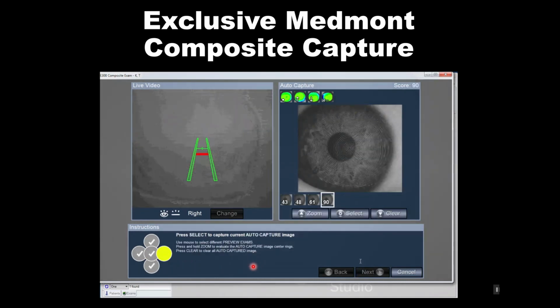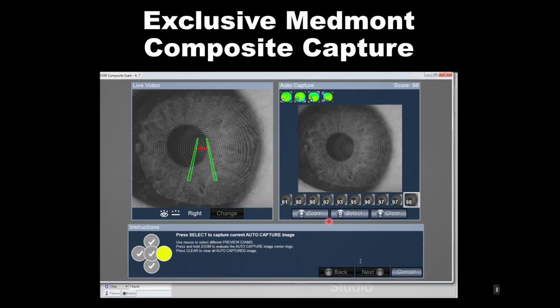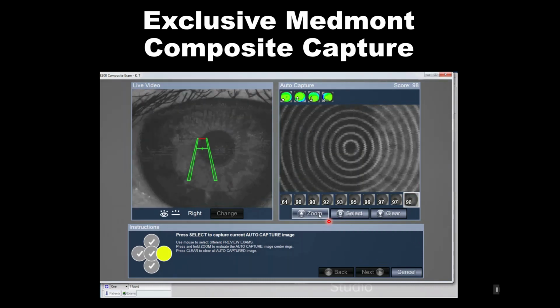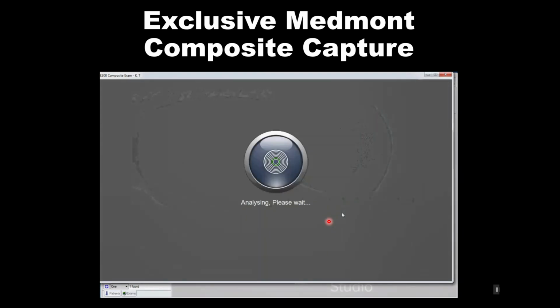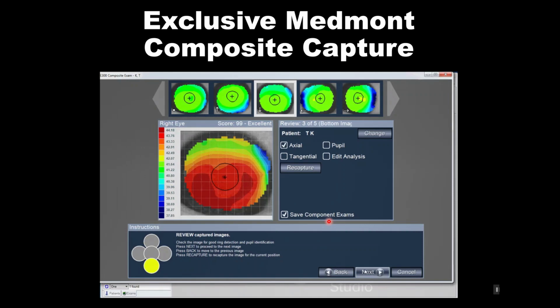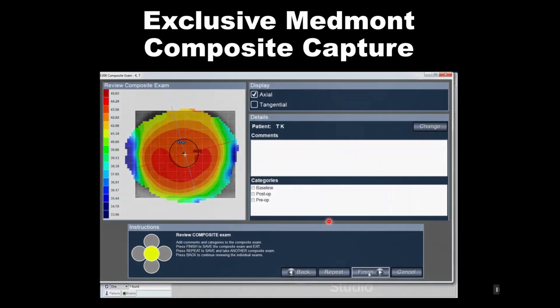Finally we'll have the patient look right 4 rings, get our 95% or better, select zoom, ensure the rings look like they're parallel and even, and now we have all the images we need to convert that into a composite topography. So the instrument will look for the pupil in each one of these captures to build that composite map. Once it has all of the images compiled together, it can merge them to create that one single larger view of the